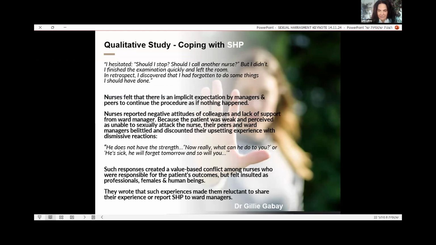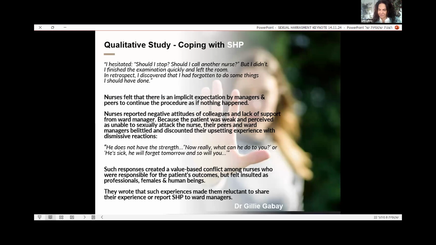"I hesitated," says the physician. "Should I stop? Should I call a nurse? But I didn't. I finished the examination quickly and left the room. In retrospect, I discovered that I had forgotten to do some things I should have done." So nurses and clinicians felt that there's this implicit expectation by their managers and peers to continue the procedure as